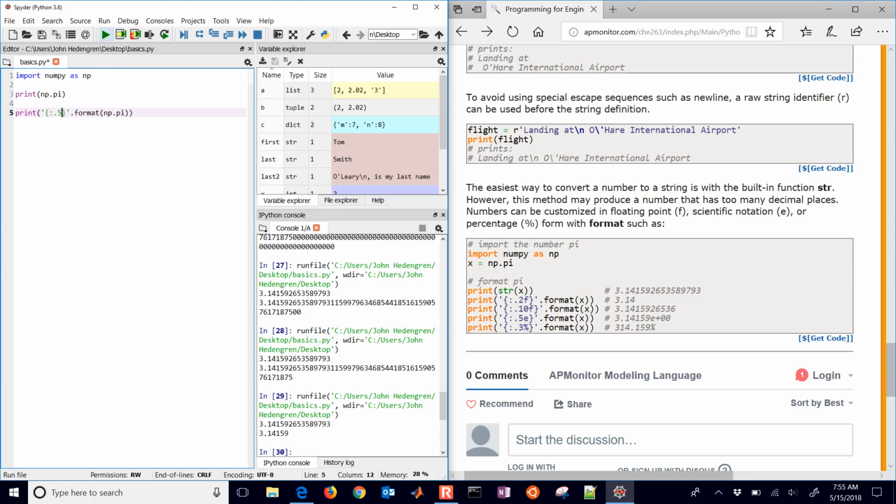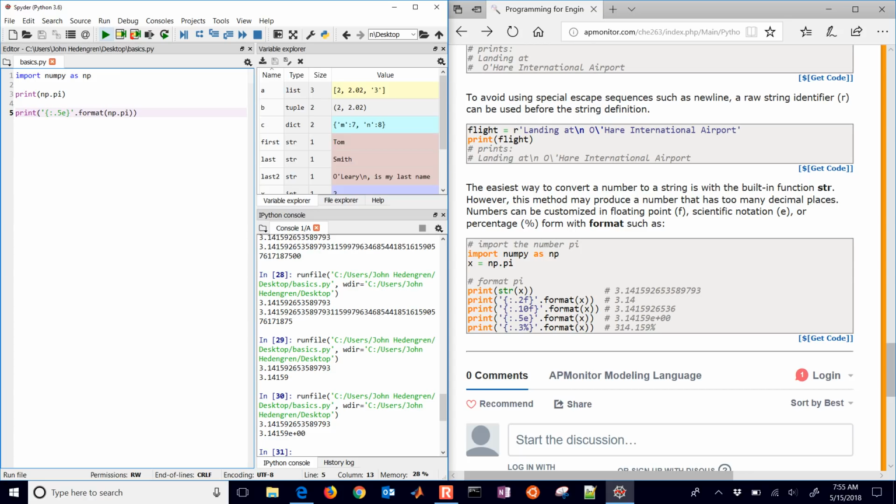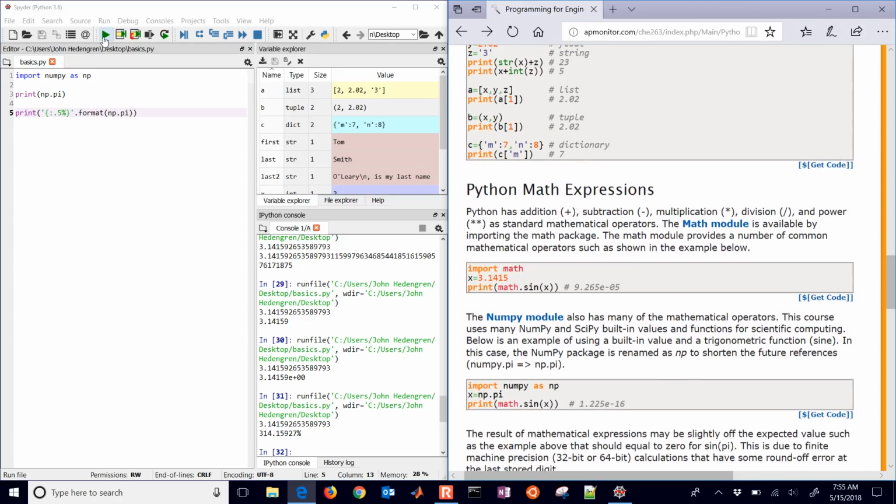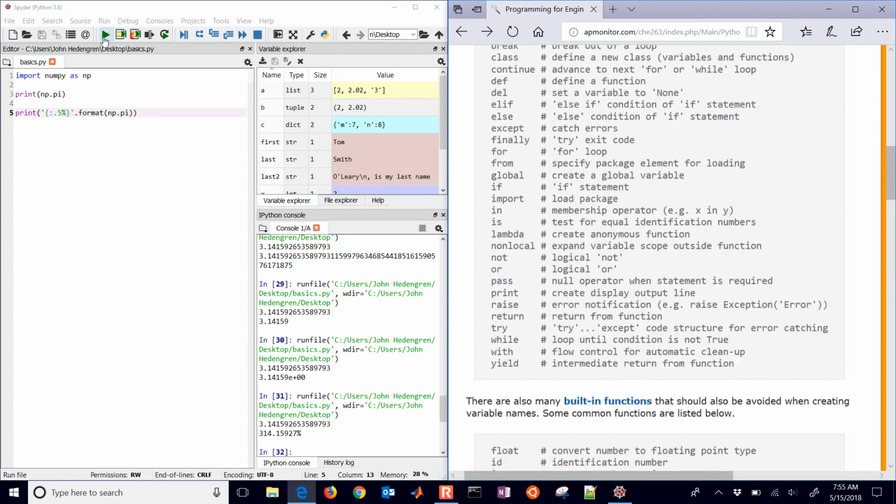Okay, we can change that to an exponential form. Okay, we can also change it to a percentage as well, and it'll be able to reformat that in different ways. Okay, so this is a basic tutorial of how to start using Python. Just to review,